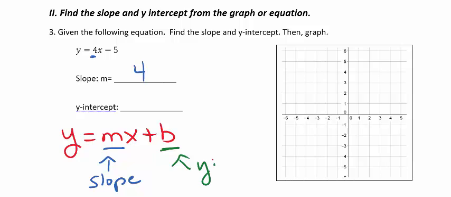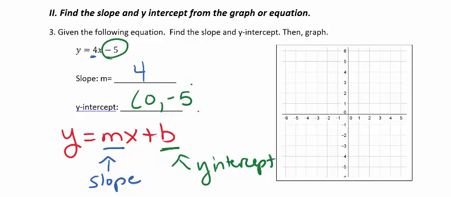b is our y-intercept. So in our equation, our y-intercept is right here, and it's always in the form of 0, comma, b, so 0, -5. And to graph this line, we always start by graphing the y-intercept, and that would be on the y-axis. So we plot the point 0, -5, and then we use the slope, which was 4, to find the second and third point. Since the slope is 4 and it's a whole number, the denominator would be 1,